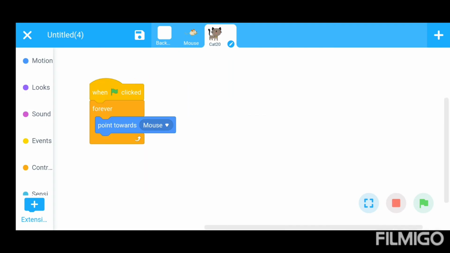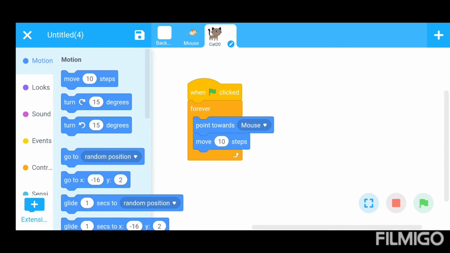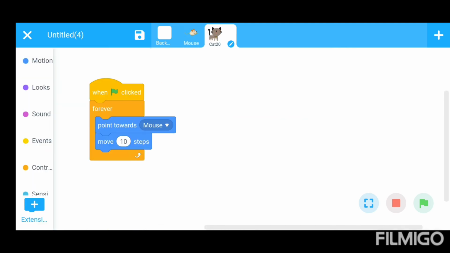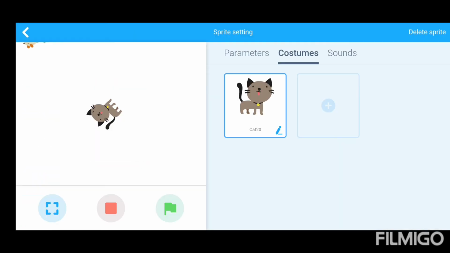For moving the cat, use the move 10 steps command here. Look at, replace the 10 steps with 2. The cat is moving toward the mouse to catch the mouse. Look, the cat is continuously moving.